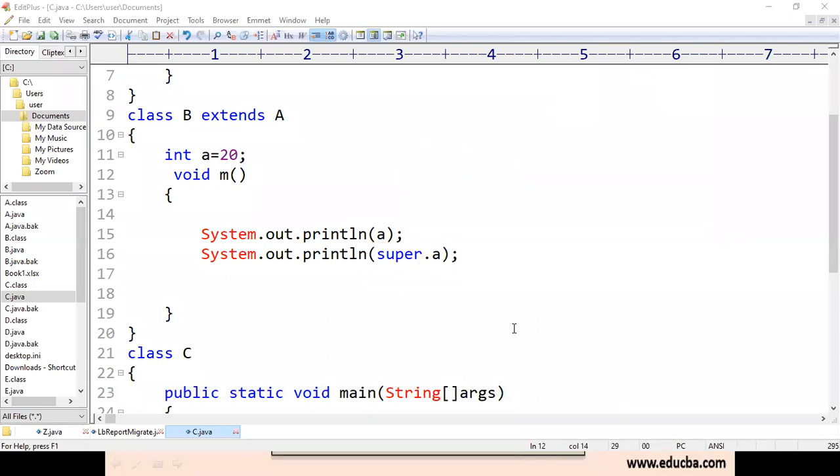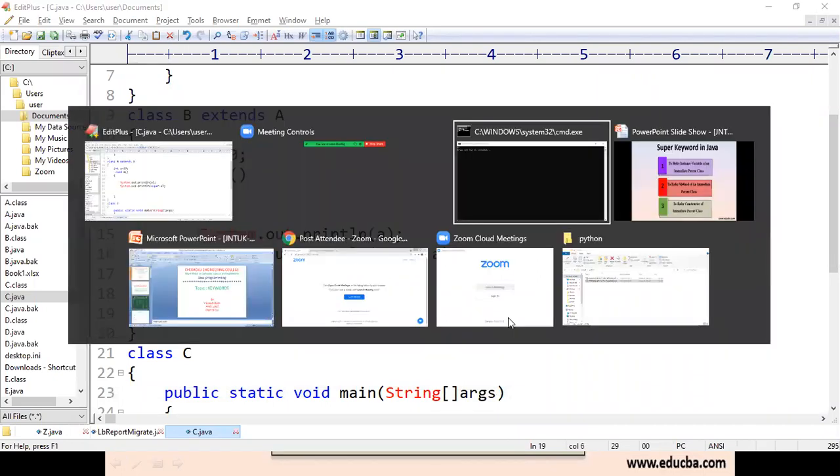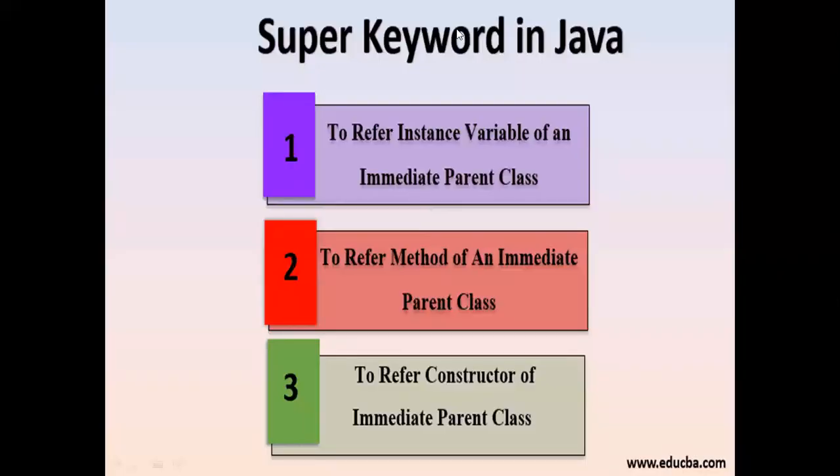You can see that in the PPT. So to refer to the instance variables of an immediate parent class, instance variables can be referred.